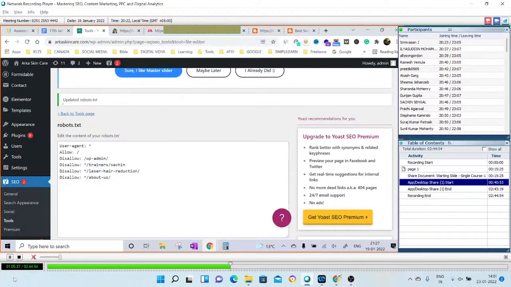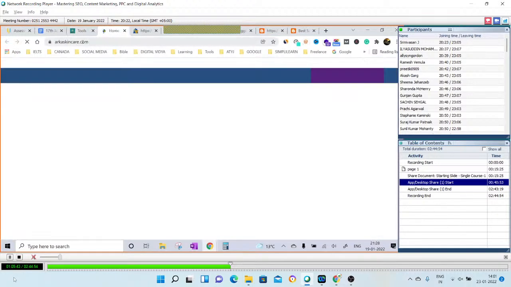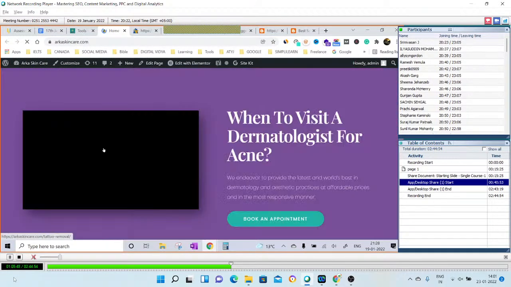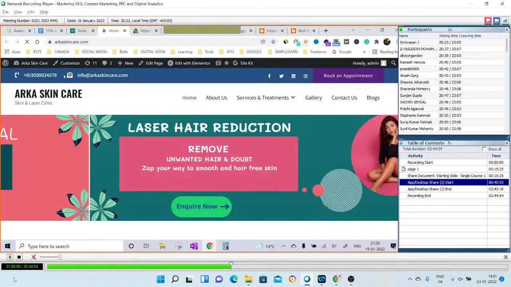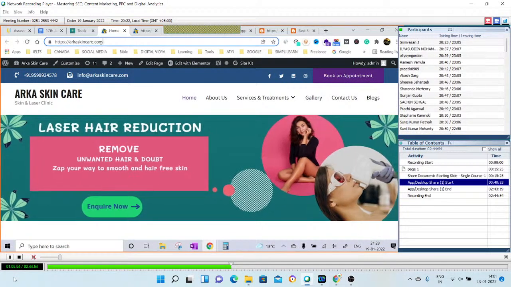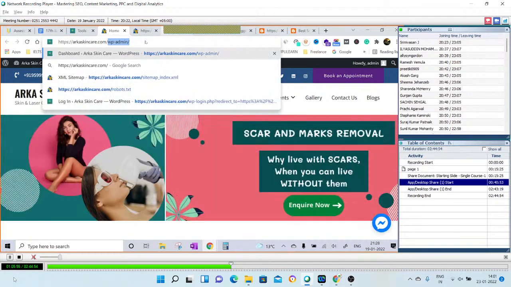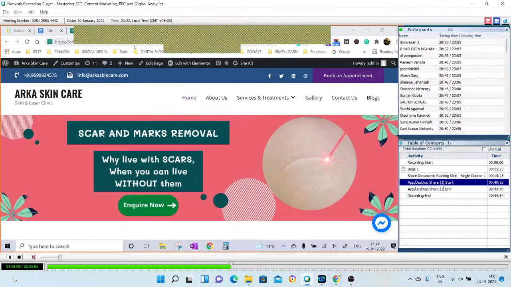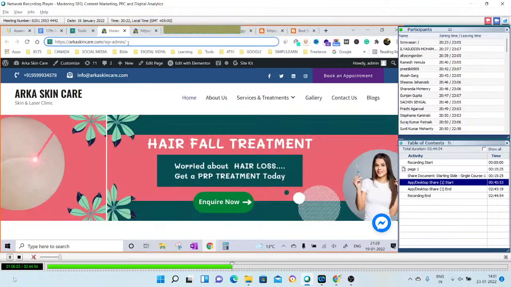When I told you yesterday, and also today, that there is a site I'm working on, which is this. This is a site that anyone can watch, anyone can come on this site. But being the admin, I have to open one page because I have to go to the backside. I put WP admin. So this is the address of the website I have to use to get into my backend.